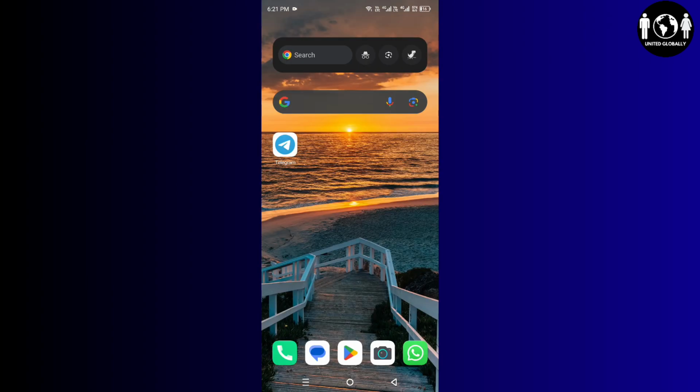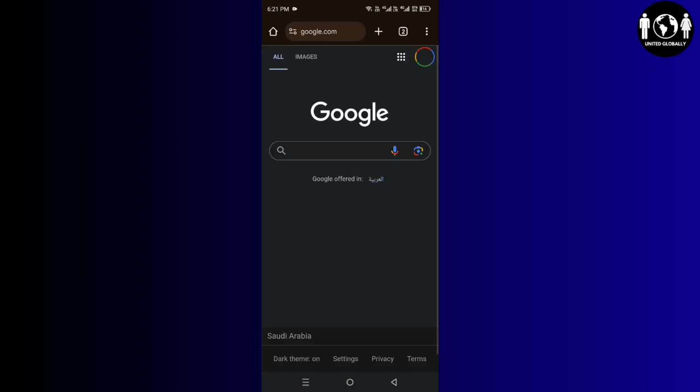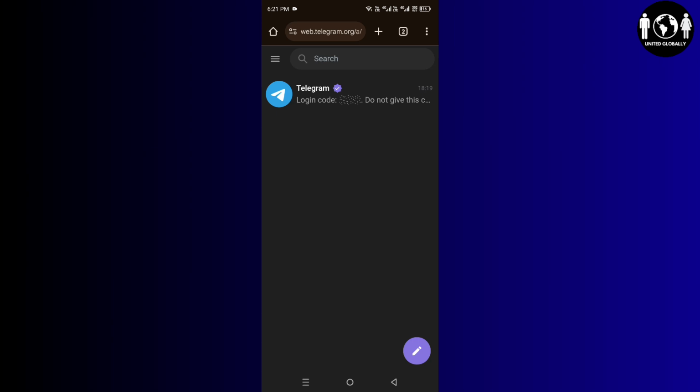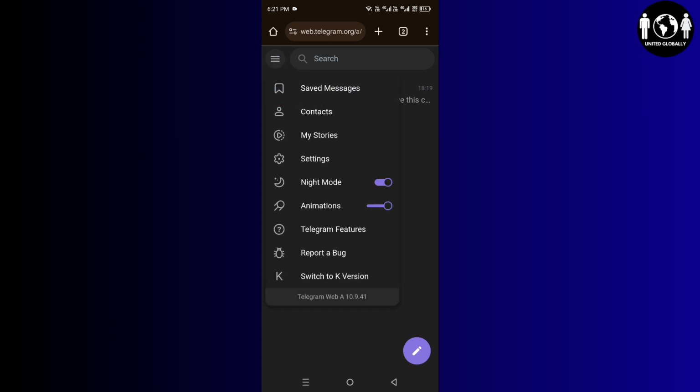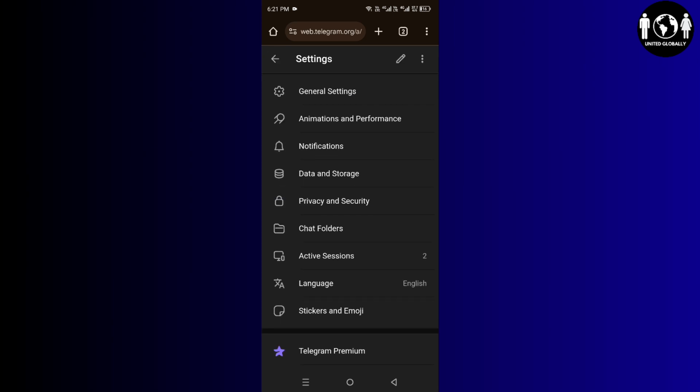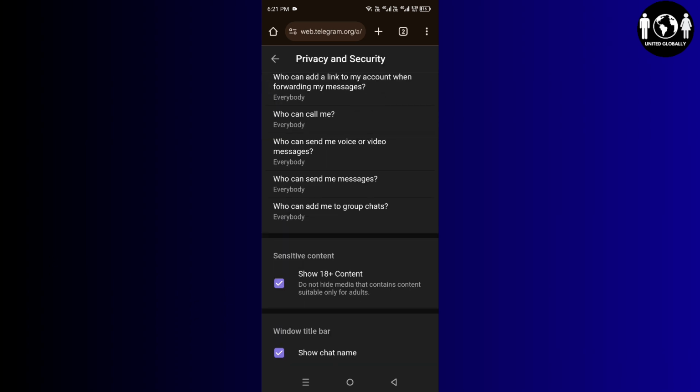So for that you have to simply get back, and after that go to your browser, and there you have to go to Telegram login, and then click on the three lines and then click on settings, and then simply scroll down, and there you will see this option which is show 18 plus content. Now make sure this option is enabled. If not, then you can just enable it, and after that you will be able to see all the sensitive content. So for Android you have to simply go to its web version,